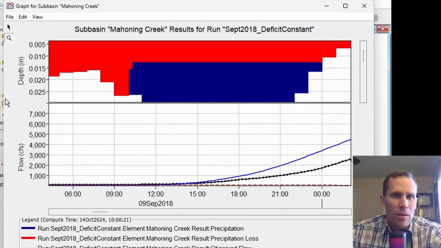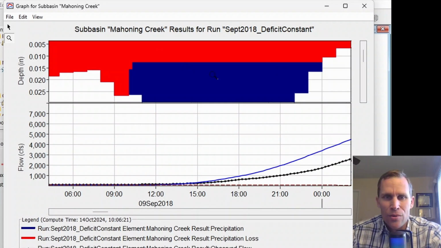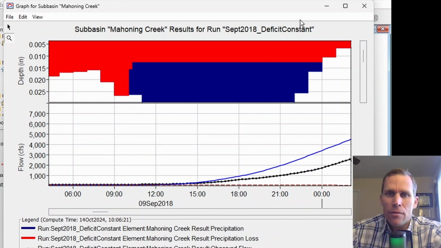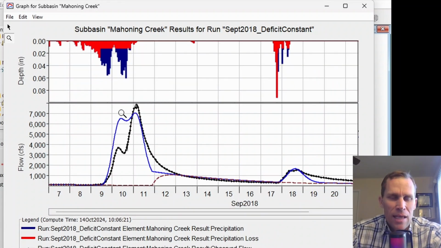0.05 divided by 4 would be 0.0125, which is what this line is at right here. This horizontal line separating the red and the blue colors here. Red representing the losses, and then blue representing the volume, or excuse me, the depth of precipitation that contributes to the overland runoff. If I zoom out, we need to address this excess volume right here in the rising limb